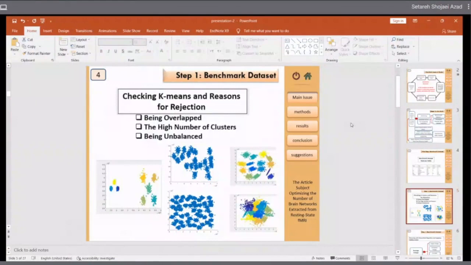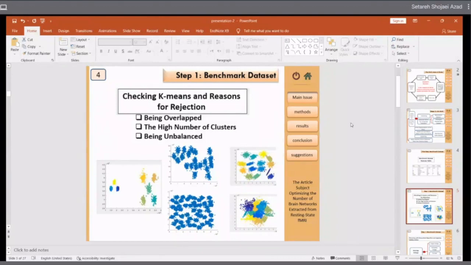Of course, I also made changes to k-means in this study. I increased the iterations and I tried different distances, for example, city block and correlation, but it didn't give me a convincing answer, especially in the S dataset. So I used